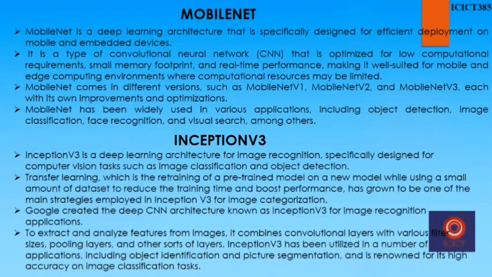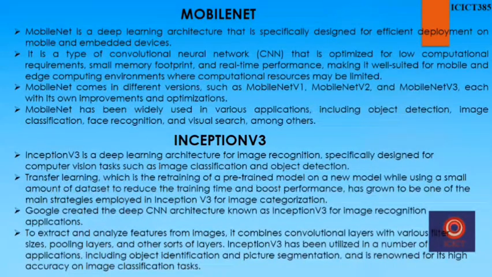MobileNet comes in different versions, such as MobileNet V1, V2, and V3, each with its own improvements and optimizations. It is widely used in various applications like object detection, image classification, face recognition, visual search, and